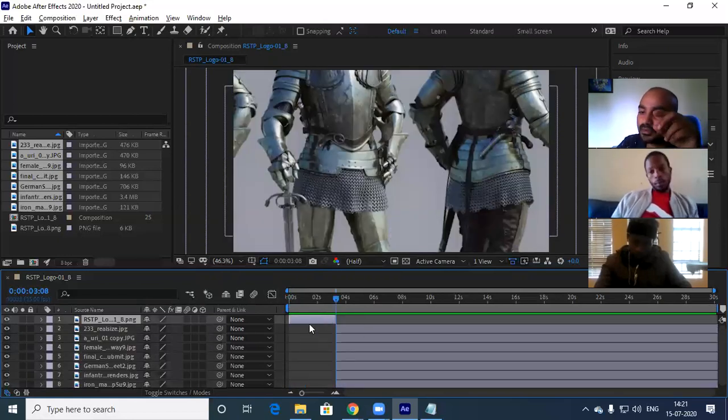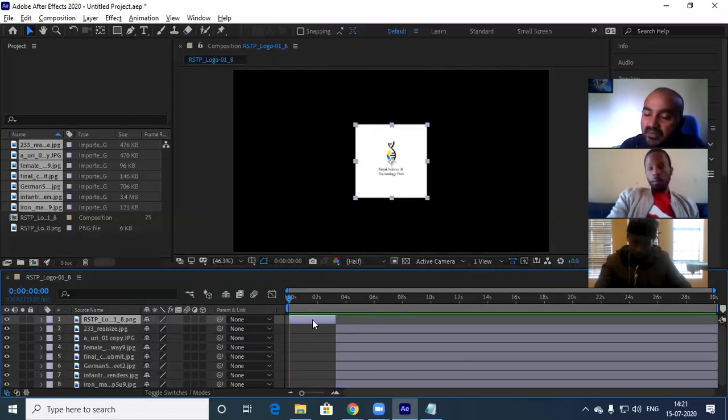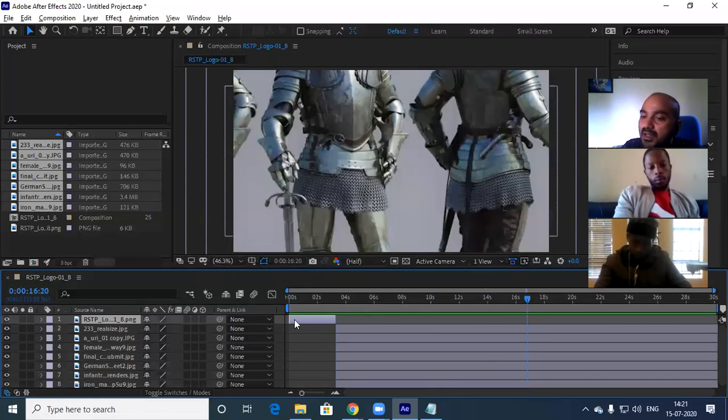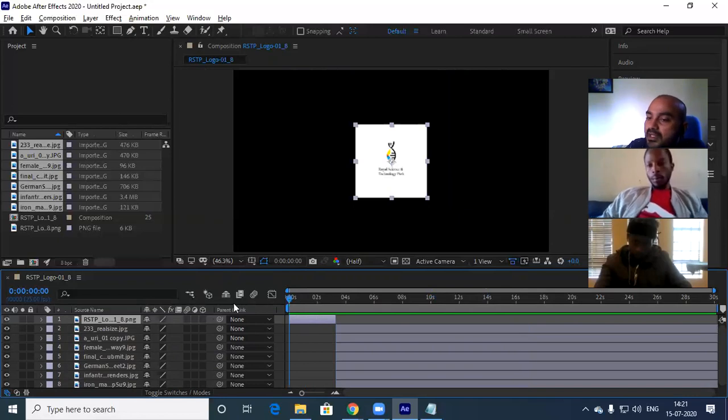For that, you need to select this particular clip and press I. See, my cursor is somewhere here. I'm selecting this particular footage, I press I. What happened? Automatically my cursor comes to the beginning of the clip. I equals select the clip, press I. Cursor will automatically come to the beginning of the clip. Now I press O. O is for the cursor to come to the end frame of the clip.